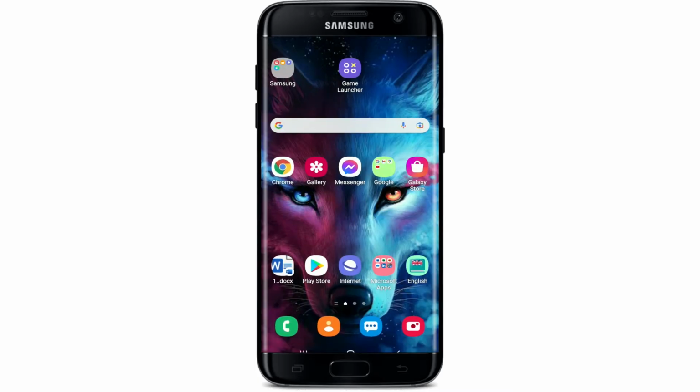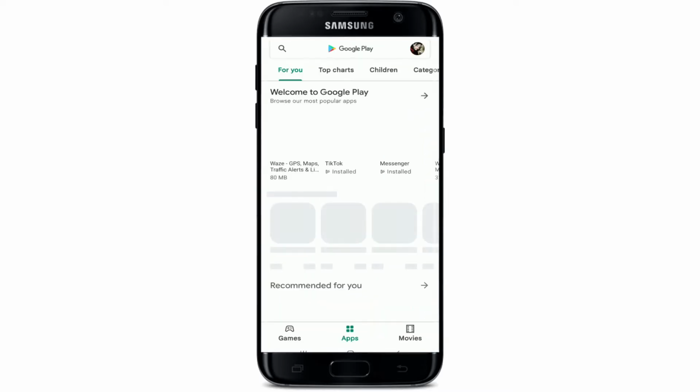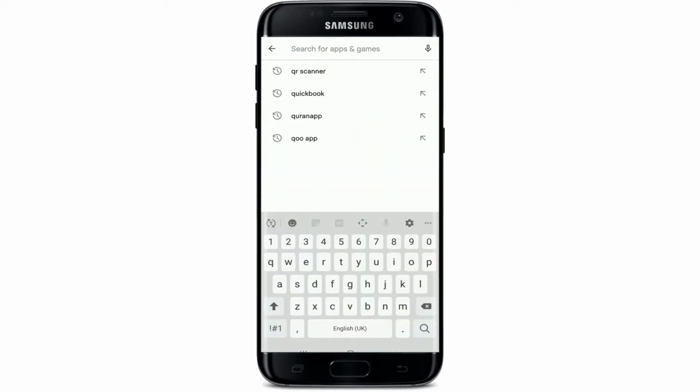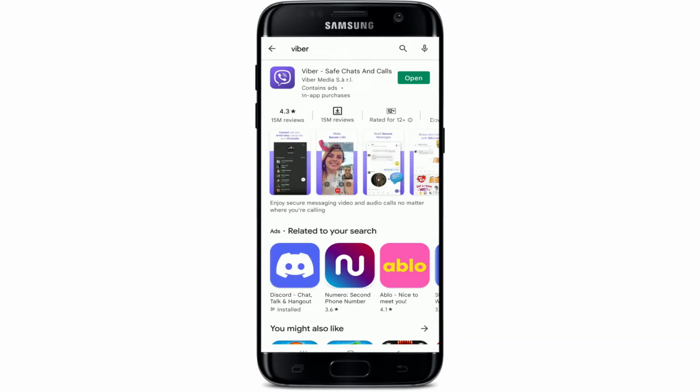If that works for you, then that's great, but if it does not, then the next thing to do is to go ahead and update to the latest version of Viber. Tap open your Play Store, and to check if your Viber is updated to the latest version, tap on the search button at the top and type in Viber in the search box and make a search. If you see an open button popping up right next to Viber, then that means your application is up to date. There's no need to update your application for now. Simply tap on the open button to launch your app and just get on with sending your text message